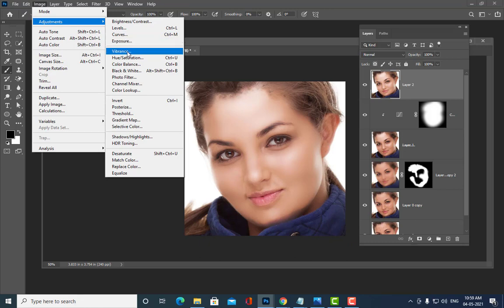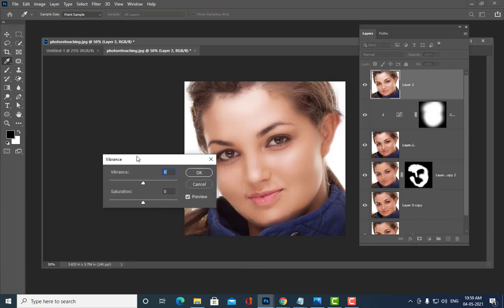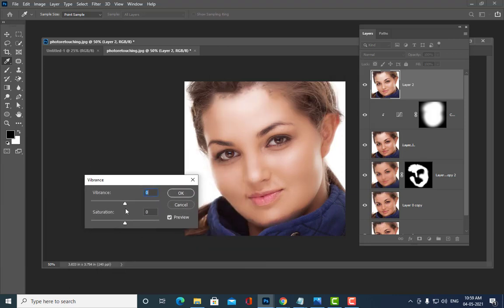and see here we have something called Vibrance. Is it clear, all of you? See here, what we can do is, if you increase vibrance to the right side, just observe what happens. Right now the image is looking a little bit creamish in color, right? It is a creamish color, her face is a creamish color.